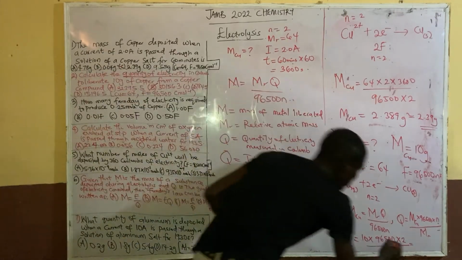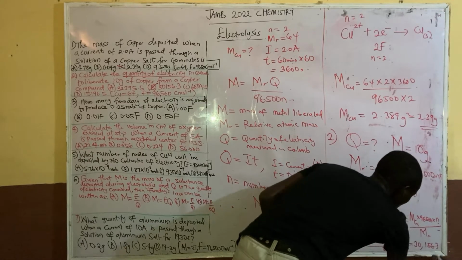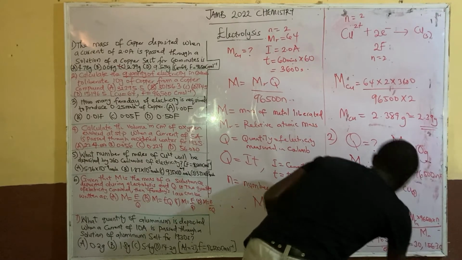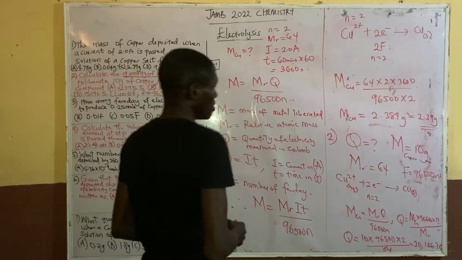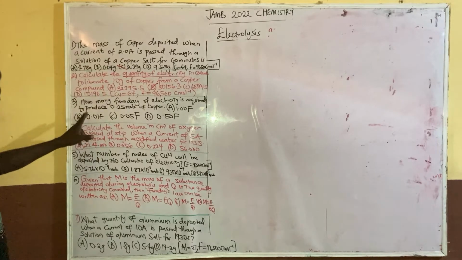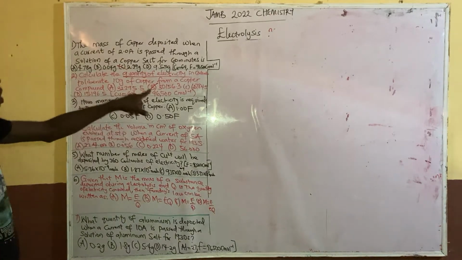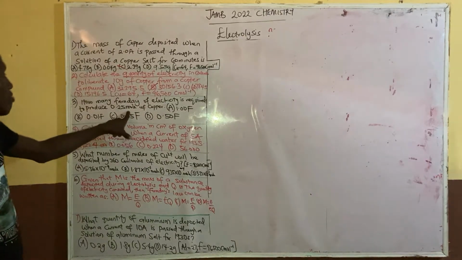That is 30,156.3 coulomb. Don't forget that it's column C. So that is it. Now it says, how many Faraday of electricity is required to produce 0.025 mole of